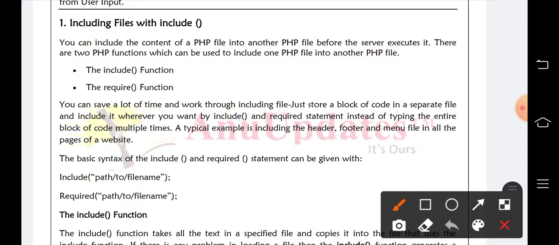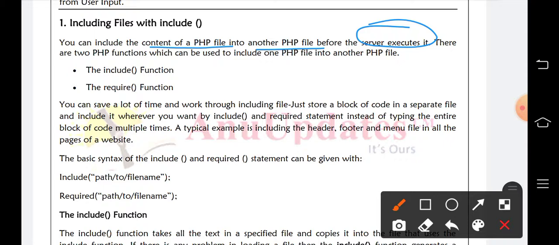Similarly, we can include one PHP file into another PHP file by using the include function. We can include the content of a PHP file into another PHP file before the server executes it.